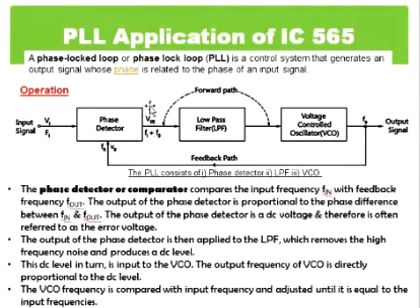This output of the phase detector is connected to a low pass filter that will pass only the low frequency components. So it will remove the high frequency component. Normally the Fi plus Fo component will be filtered out by this low pass filter, and at the output you will have some voltage with frequency Fi minus Fo. That is called the error voltage. This error voltage determines how much the frequency or phase of the input signal varies from our output signal.